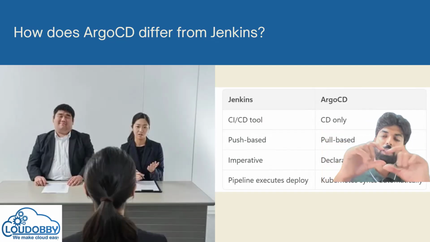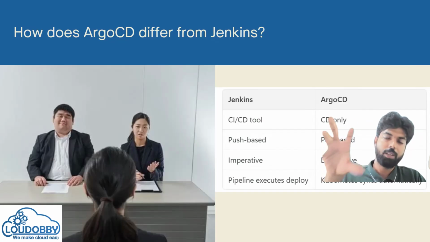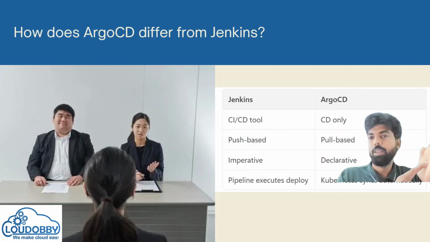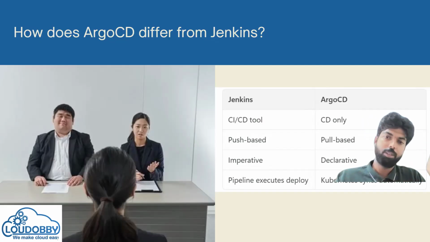In the stage you have to say deploy stage, that will execute. The pipeline will be executed. But ArgoCD is Kubernetes-native, it automatically syncs. There is no pipeline required to deploy it. Actually, we have to create an application in ArgoCD and tell which particular Git it has to refer to. And in the Git there will be, for example, your Helm files or your YAML files, and ArgoCD will deploy.